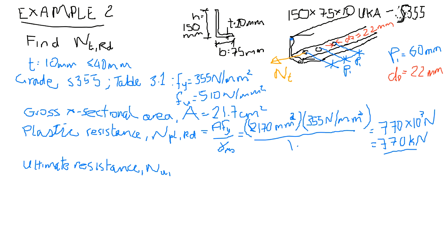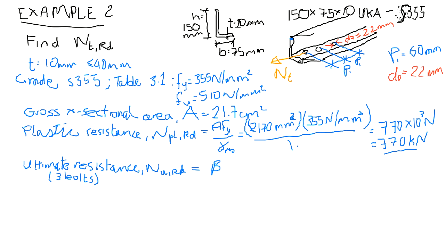We have 3 bolts, okay, so that means that we're going to use the value which is beta 3